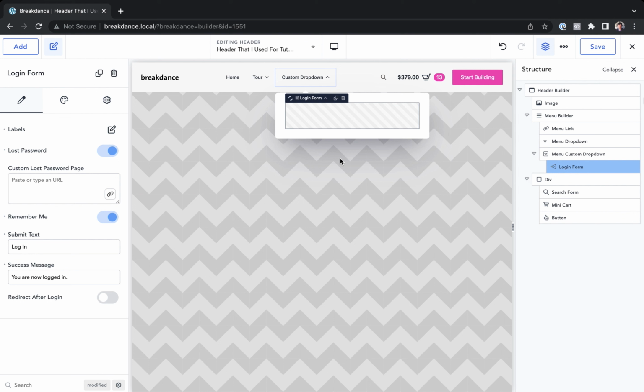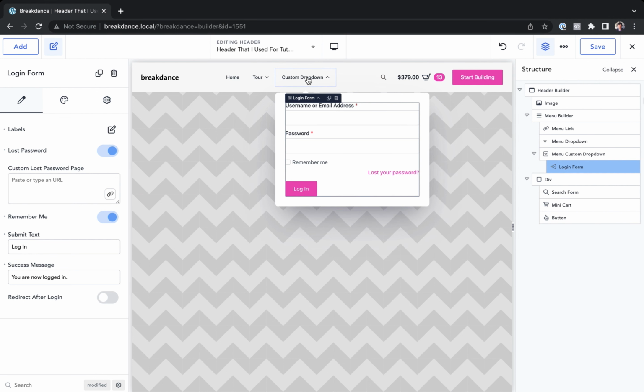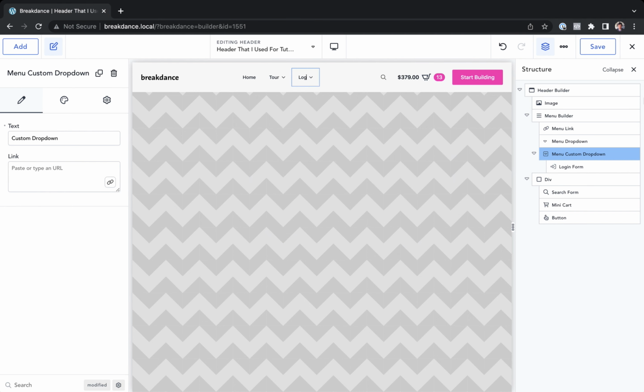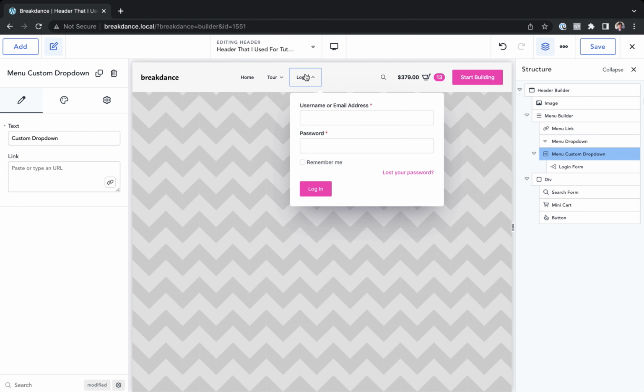Drag it into the dropdown, and voila, we have a login form. Let's rename this to login. So just double click and type. And the great thing about building these all natively in Breakdance is they integrate with Breakdance's other features, such as